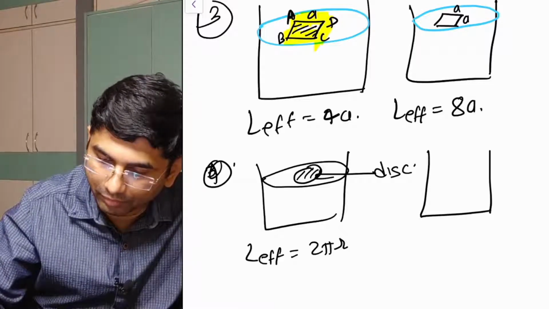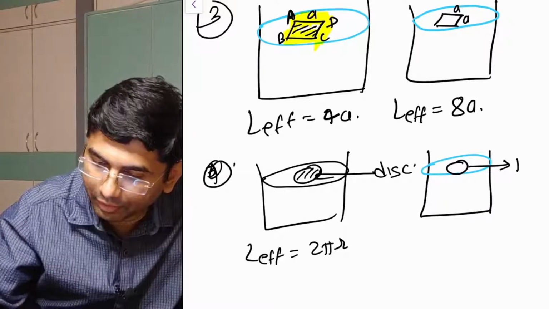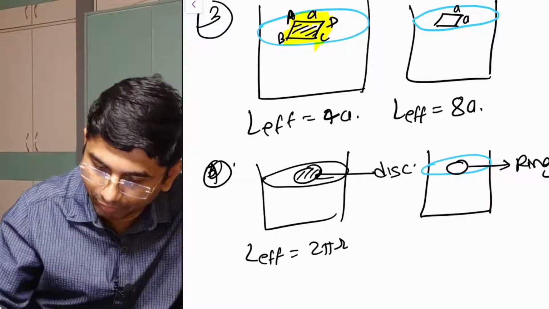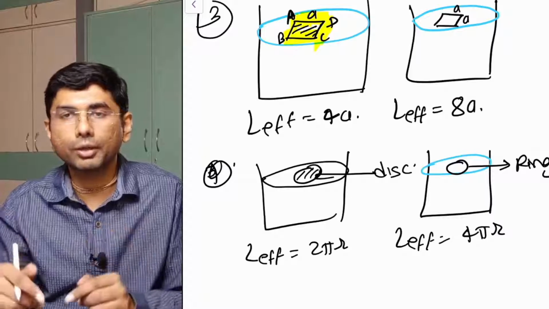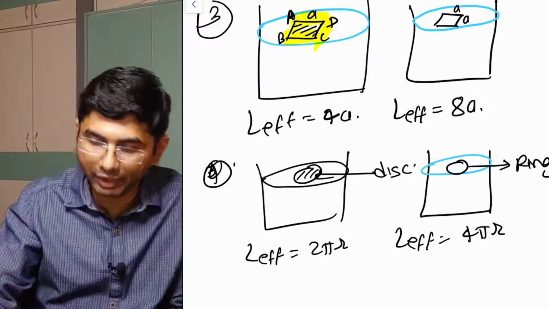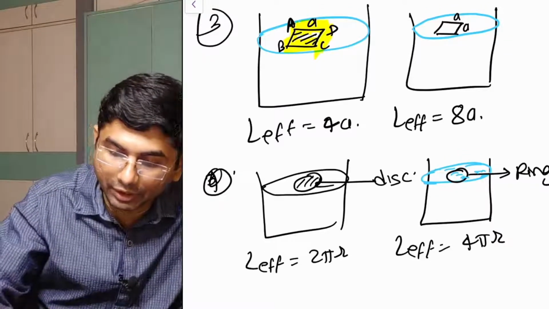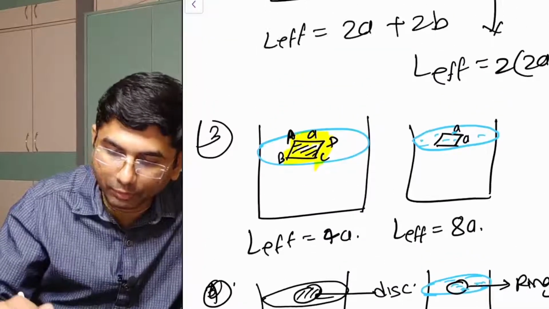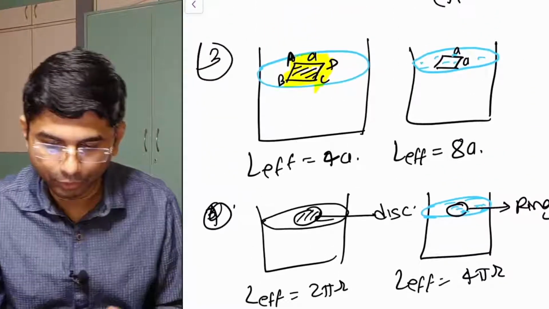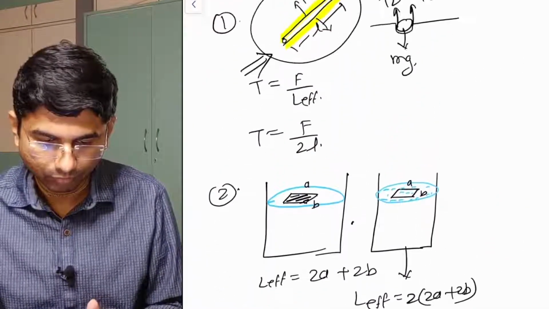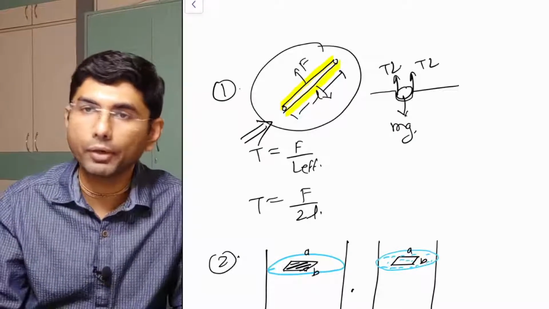And if I am having a circular ring here, if it is a ring, then effective length will be 4 pi r. Inside and outside, here now I have to consider the length which is inside and the outside. Whenever I am having a hollow surface inside, then I have to consider inside and the outside length. Here also water is inside and the outside. Therefore the length which I am considering is inside and the outside. By using this we can find out, if tension is given we can find out force, and if force is already given to us, then we can find out surface tension.